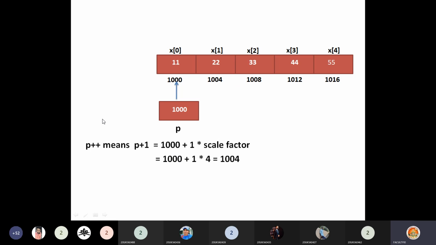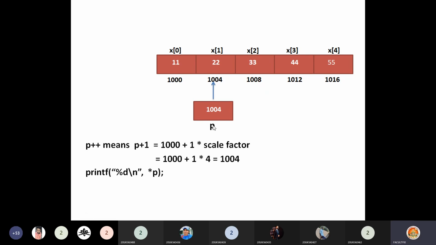The compiler internally multiplies the scale factor with this 1. The scale factor is 4 here. 1 into 4, 4 plus 1000, so 1004 will be stored in p. 1004 means the address of the second element, so we say that p is now pointing to the second element. And when you say printf %d *p, the element at address 1004 is 22, so this prints 22. That's how we can access the next element.